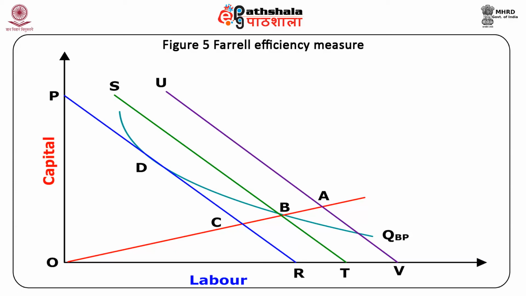Efficiency of the firm can be compared on the basis of the quantity of factors used at A and B. The measure of the relative technical efficiency of firm A is given by the ratio of OB to OA. A ratio of 0.80 would mean that firm A is using 20% more inputs than firm B to produce the same output. If the ratio is closer to 1, the efficiency of firm A is closer to firm B.